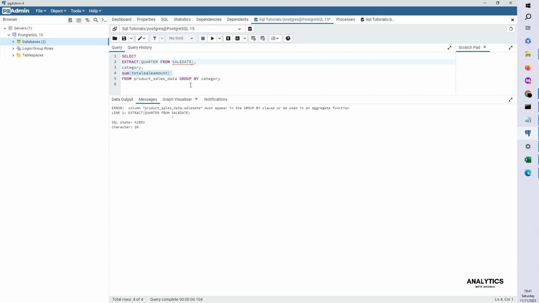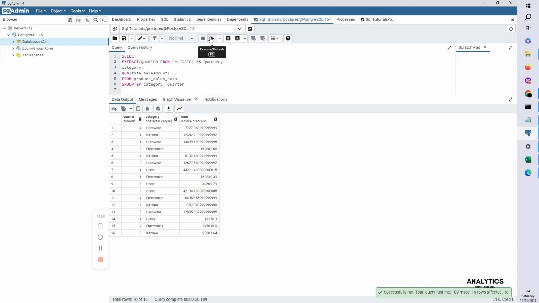So we are going to alias this as quarter, and then put quarter here. Now we see our quarter values, we see our categories, and we see what was sold in each quarter